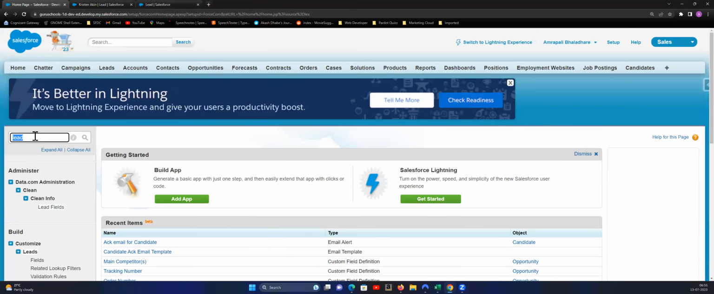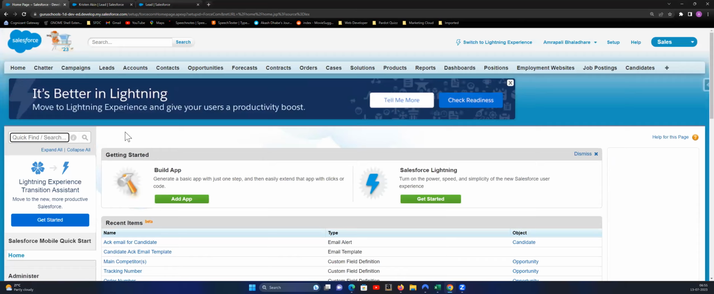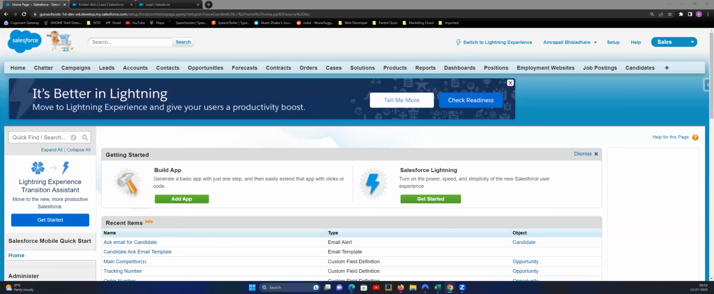So I don't think you'll be able to use this classic UI, but in case there is any need, you should know how you can navigate in classic UI. So let's check the difference between Lightning and Classic. As I said earlier,